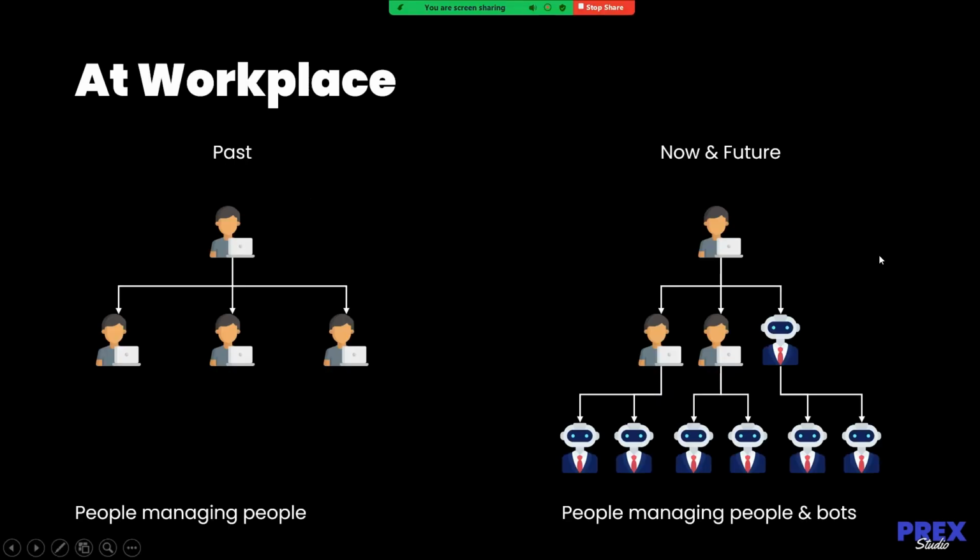Another major change that is happening is at workplaces, where there's a lot of conversation about, hey, ChatGPT is going to remove so many jobs. That is not a new problem. I spent around 5 years in IT companies, and I know that this has been happening from the last decade. So to give you an example, let's say we have a query